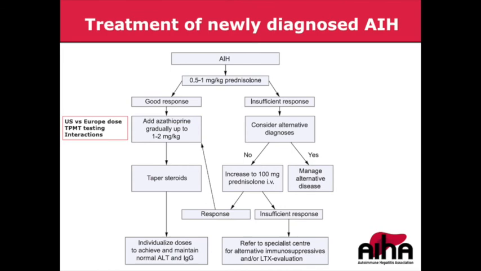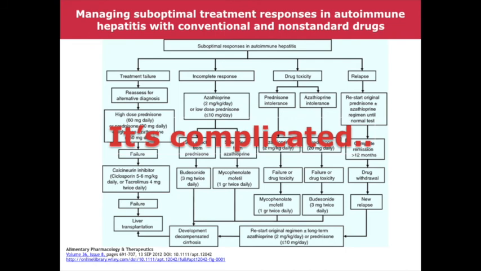In terms of treatment, I'm going to show you 2 graphs. The first graph, just focus on this side. So we make the diagnosis. We introduce some steroids, and we also introduce some azathioprine. The dosing varies a little bit between the US and Europe. We have to do some testing to see if that individual can metabolize thiopurines properly or not. And there are some interactions that we also pay attention to. And we look to see a response as we taper the steroids. When things don't go well, it looks a little bit like this. We don't have 2 hours, so this is just complicated, and we customize. That's really the key thing from this slide.